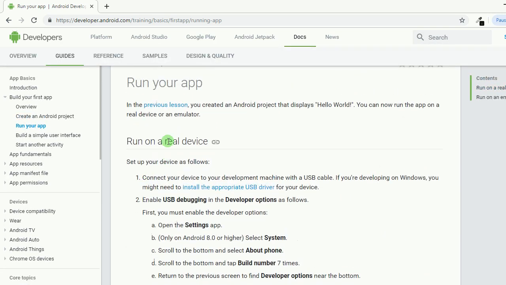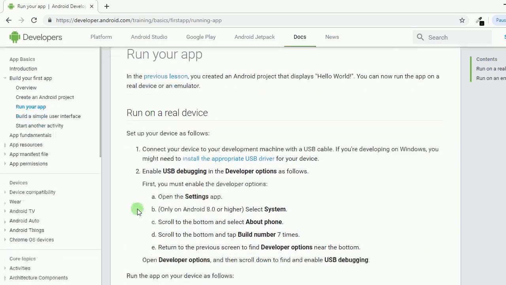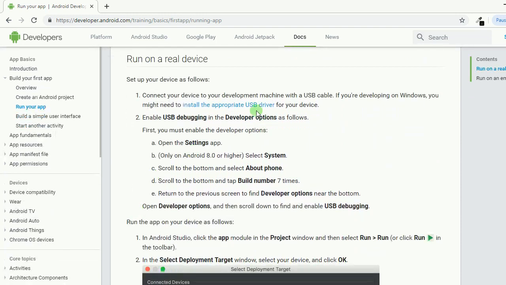So when you want to run on a real device, the only thing you need to do is install the appropriate USB driver for your Android phone. In my experience, if you have an Android Samsung phone,